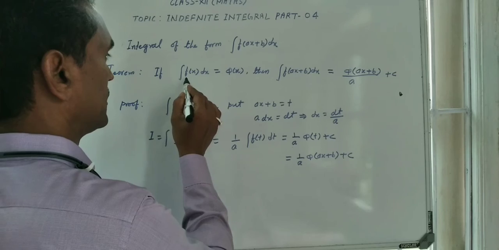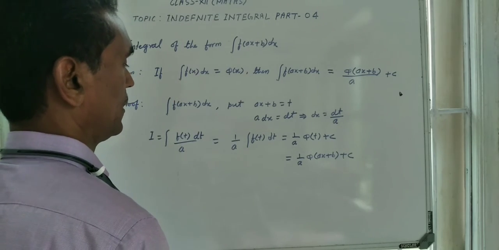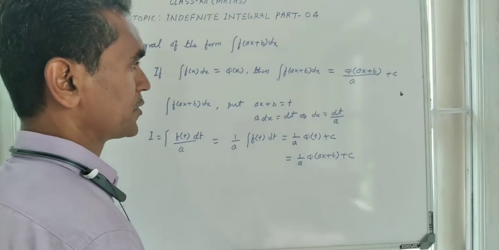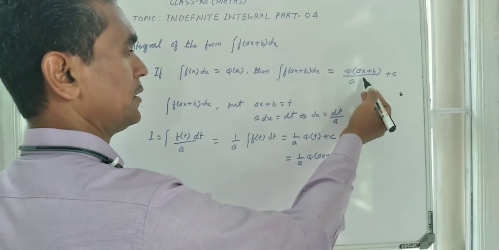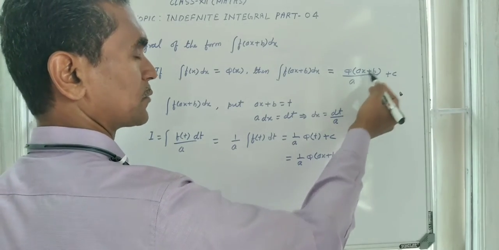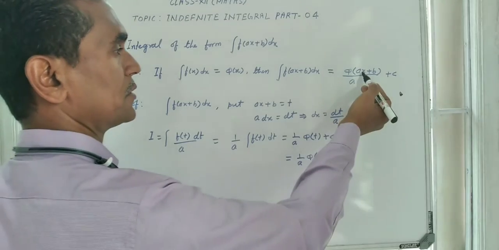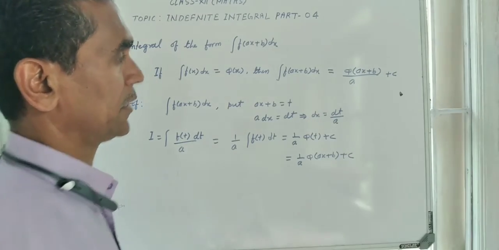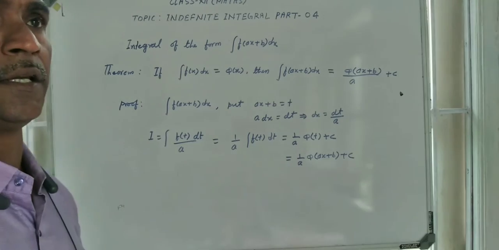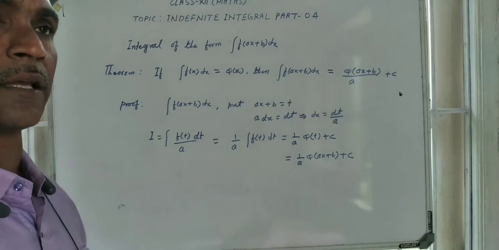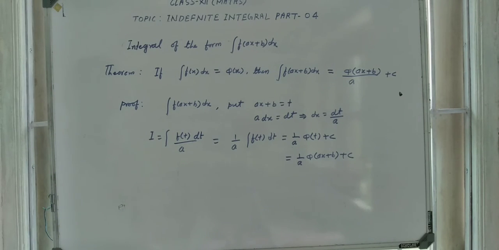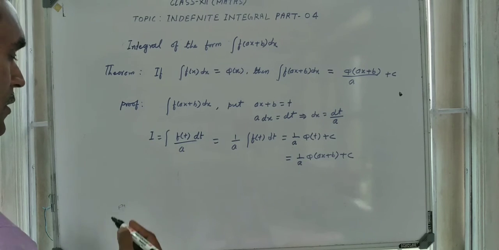If the integral of f x is phi x, instead of x, if ax plus b comes, then the integral will be the same, phi of ax plus b divided by a, where the coefficient of x is a. So we divide the whole integral by the coefficient of x. In a derivative we multiply by the coefficient of x. So let us apply this formula in some questions,